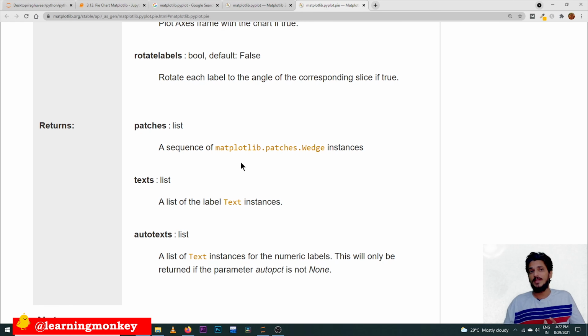Why are we explaining this? If you want to apply different methods present in these objects, take the wedges objects, look at the methods present in them, and you can modify accordingly. The same thing we discussed in our previous classes, in our previous functions. According to those methods you can modify the wedges and the text. This is one option.